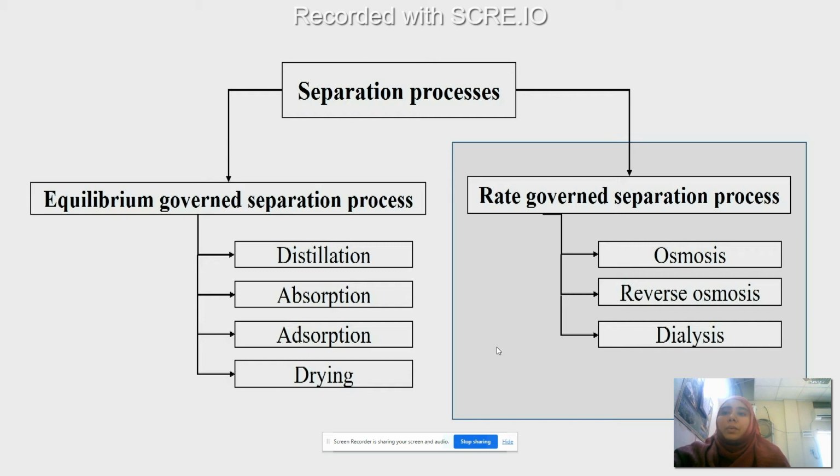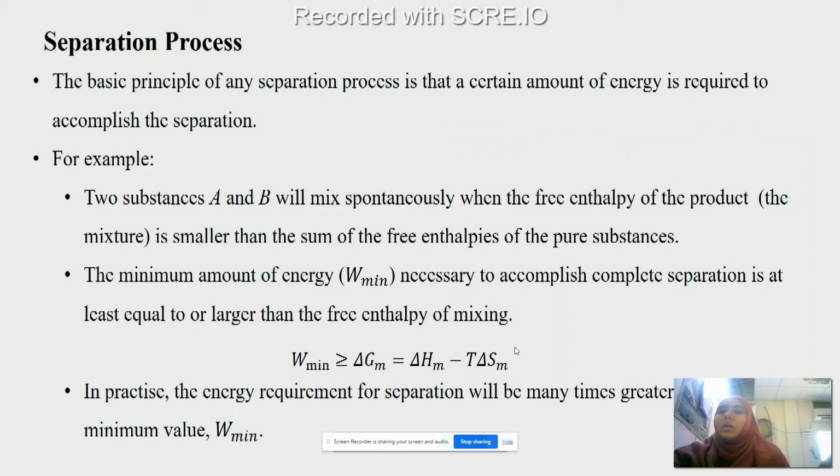The basic principle of any separation process is that a certain amount of energy is required to accomplish the separation. For example, let us see there are two substances A and B, which will mix spontaneously. When they mix, basically the criterion is